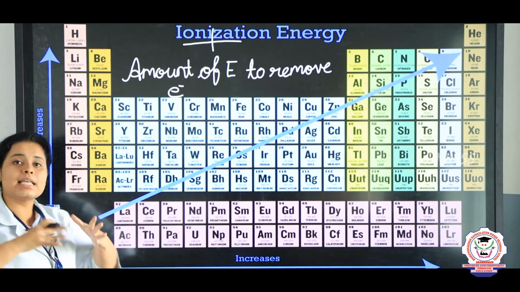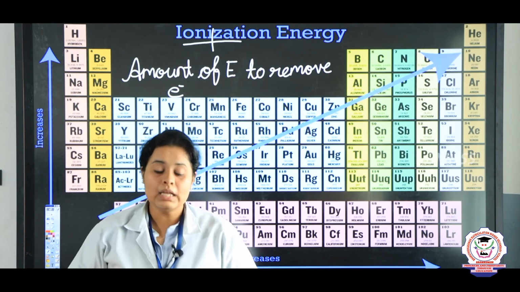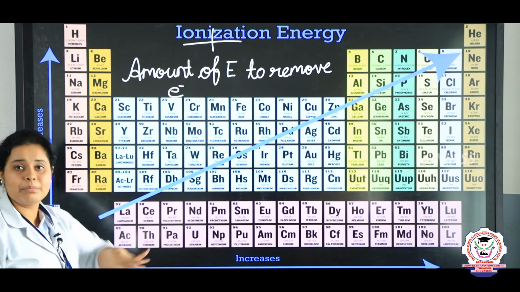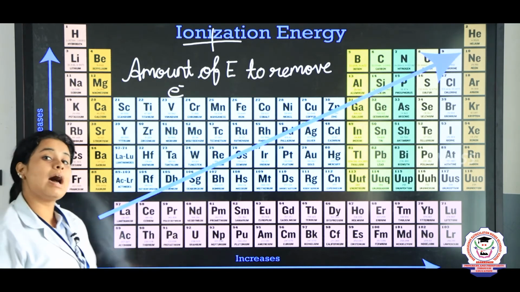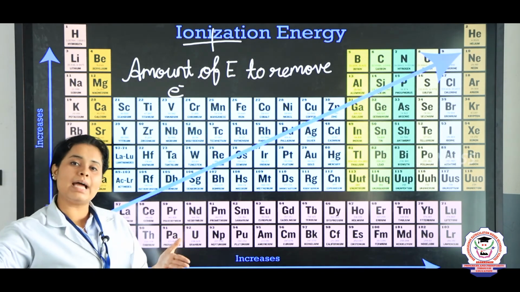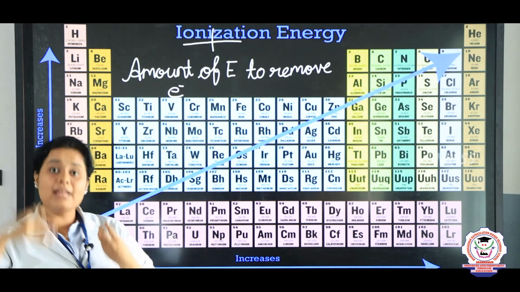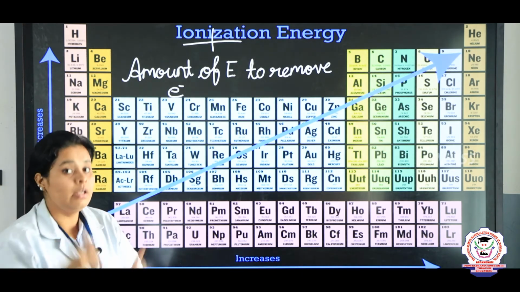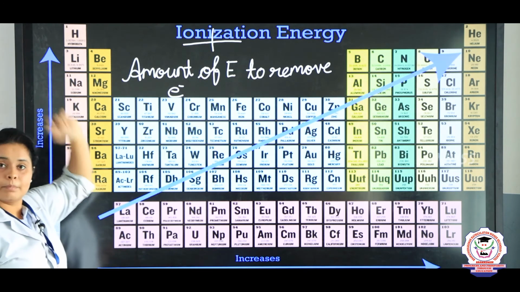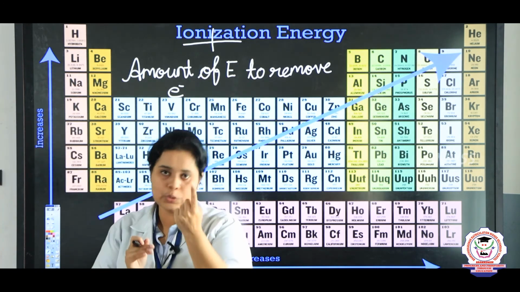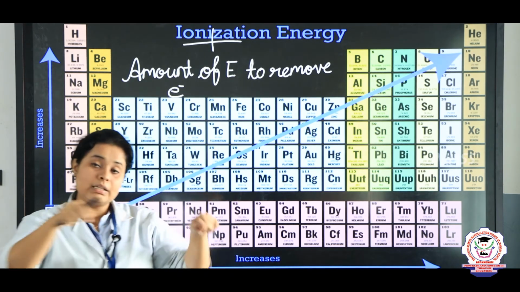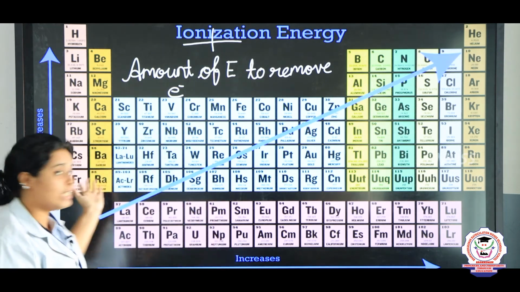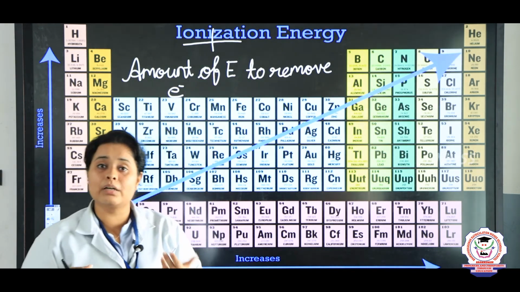So here you can see that when you are talking about ionization energy, as the size of the atom is more, the attraction from the nucleus will decrease. Here the size of cesium is bigger and the last shell will have only 1 electron. For removing that, the bond between the nucleus and the last shell is weak. So the amount of energy required will be lesser. In the same way, if you are taking lithium, the number of shells is only 2. So here the attraction between the last electron and the nucleus will be a little higher than in cesium. That is why the energy required will be a little bit higher.